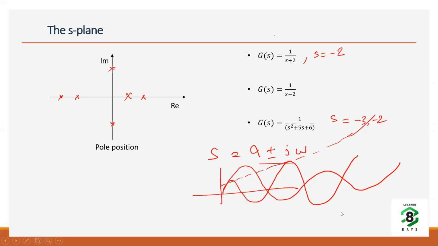Now, is this stable or unstable? It is of course not a stable system, because you want a linear relation between input and output. These oscillations are irrespective of your input. That means the input-output relationship of the system is not maintained. The output is almost independent of your input, and that's why this is also considered an unstable system.